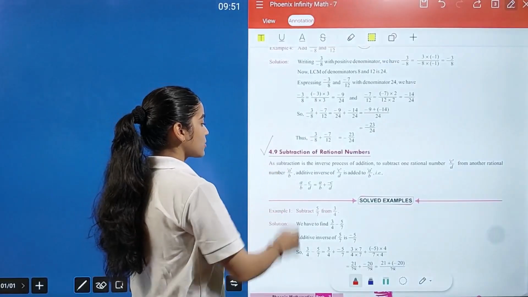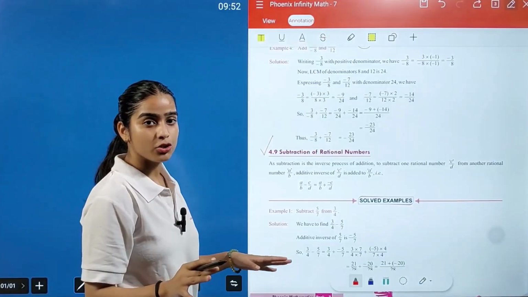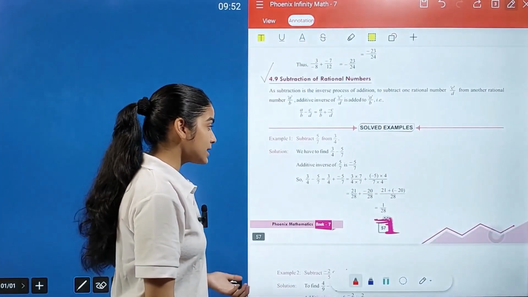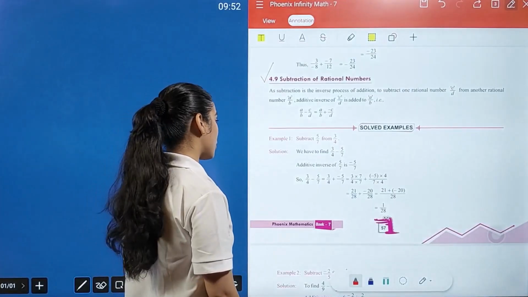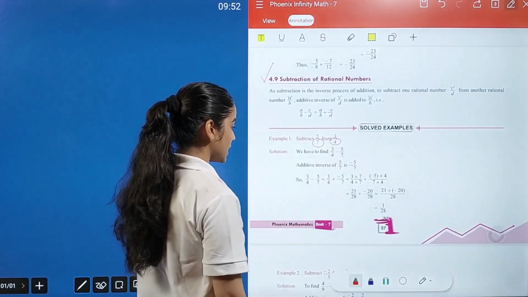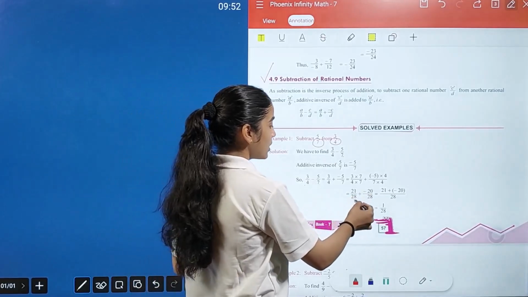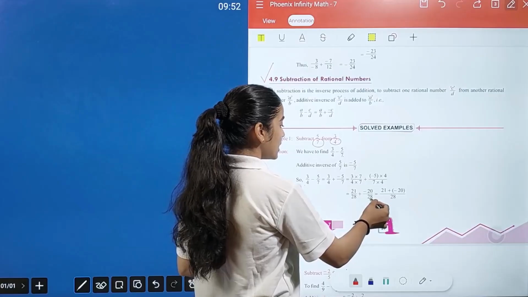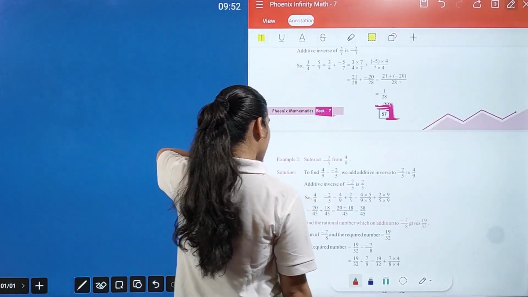Now we have subtraction. So the same process, if you have same denominator, just deal with your numerators and subtract it. Otherwise, you have to take LCM first and then convert your denominator and then apply the operation of subtraction. 7 and 4, LCM of it is 28. 3 by 4 minus 7 by 4 will be converted into 21 upon 28 plus minus 20 upon 28. So 21 minus 20 is 1 upon 28 is your answer.